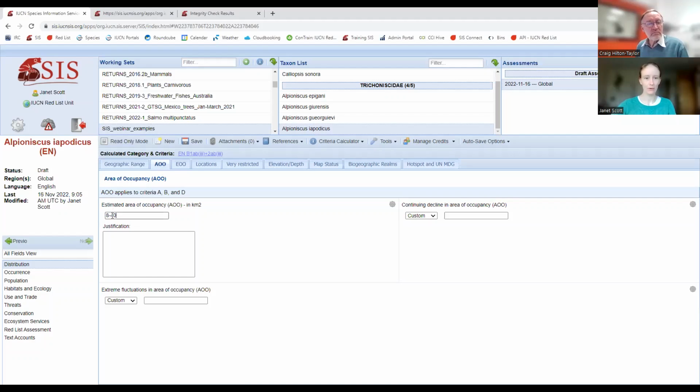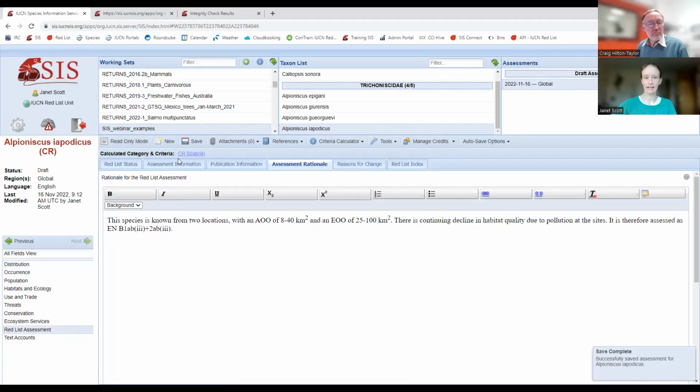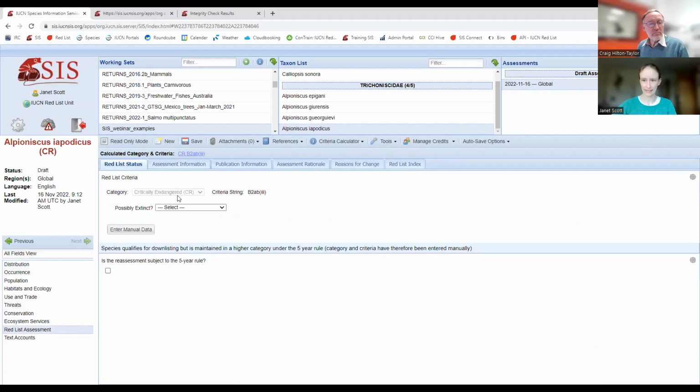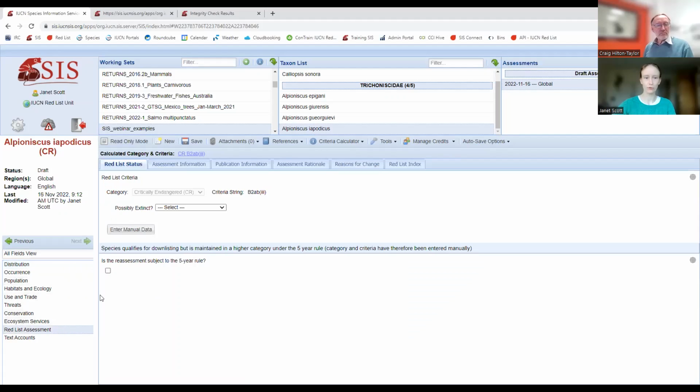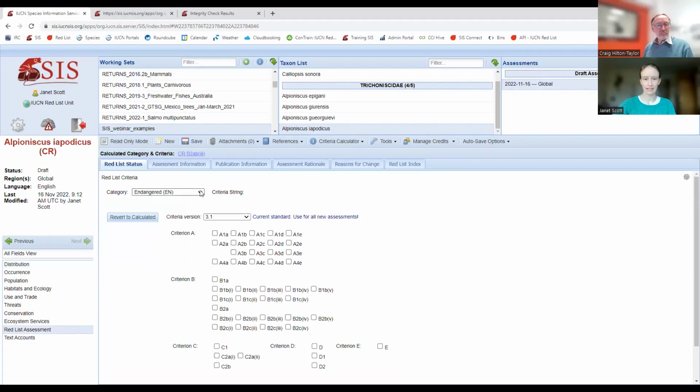If we've got an AOO of 8 to 40 and one location only this time, then as long as there's continuing decline, then the criteria calculator will say critically endangered, because we've got an area of occupancy below 10, one location, continuing decline. If, as the assessor, you know that it's more likely to be on the upper end, then we would recommend that you enter that here as a best range, but you can also override it here, change that back to endangered, tick the boxes as appropriate, and